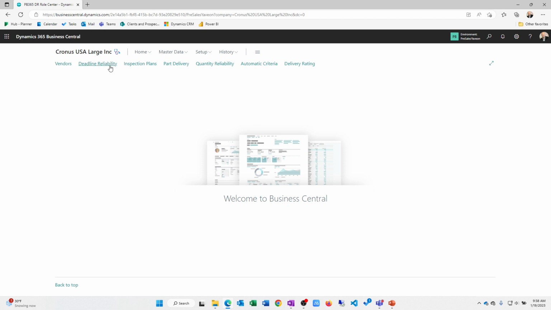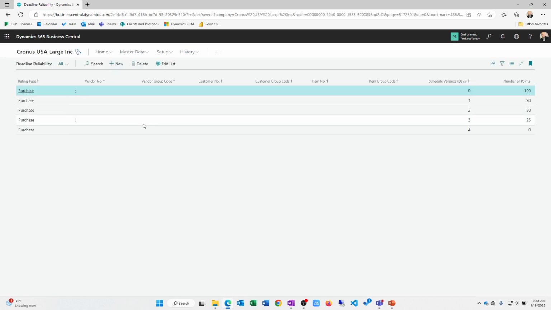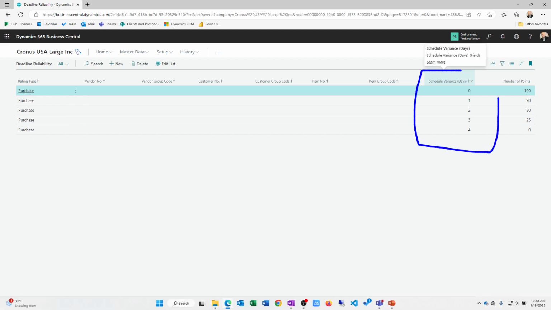All right, the first one we want to look at is the different criteria that can be used to actually calculate the rating itself. So the first thing we can look at is scheduled delivery variance. So this can be configured to look at the number of days either before or after a scheduled delivery date. And the way the system works is I can set up a criteria here to say if it's prior to, actually I could do negative days prior to the schedule, if it's on time or days late, and then I can assign the number of points to the calculation based on before, if the delivery is before or after my